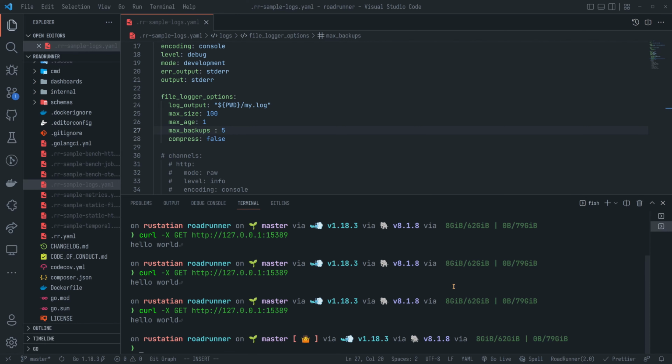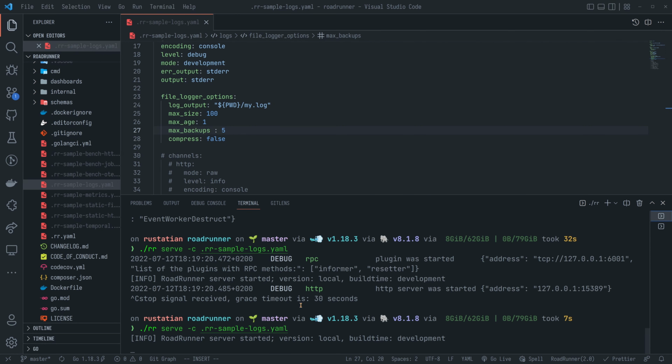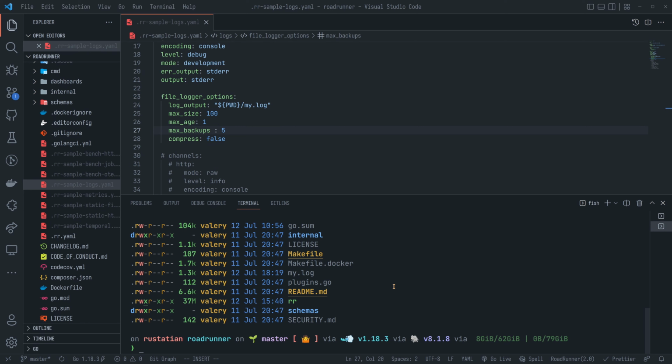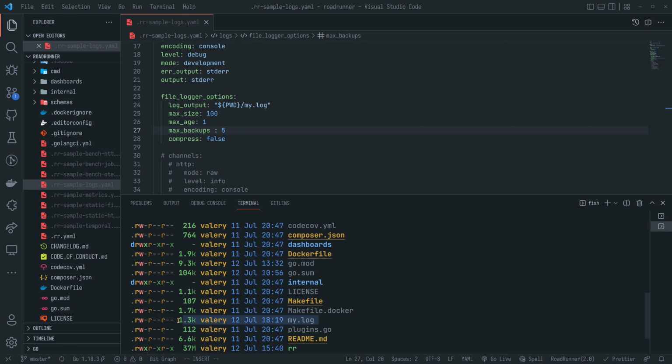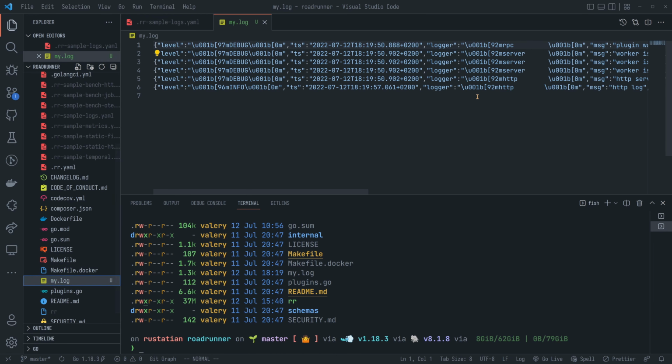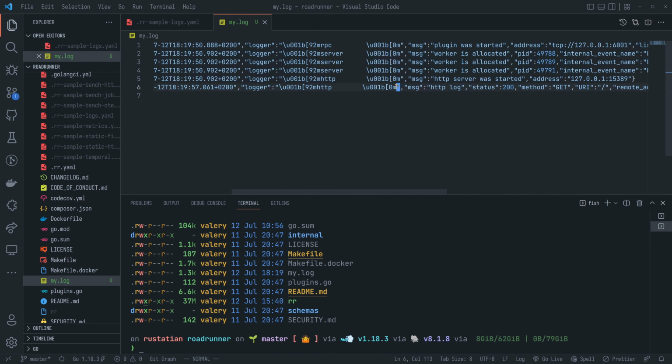Let's make a request, and still nothing here, but we should see our logs here. And my log appeared in our repository. So let's have a look at it. And we see our server messages, and we see our HTTP log here